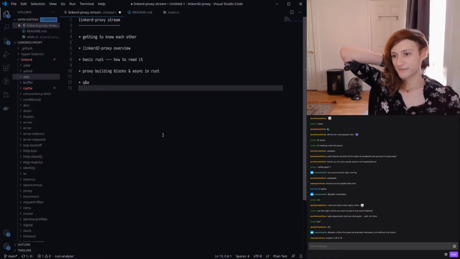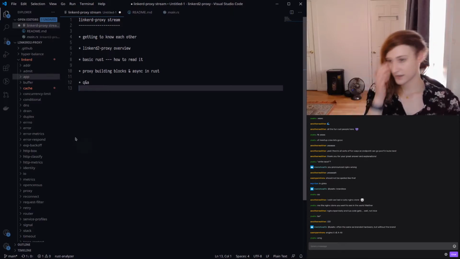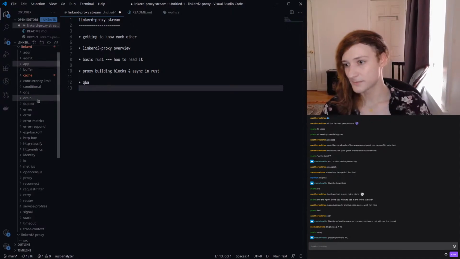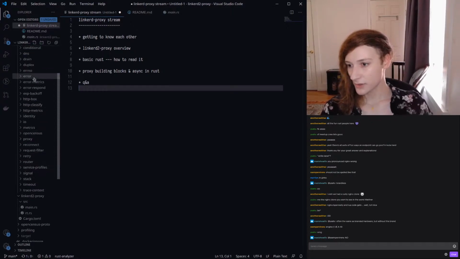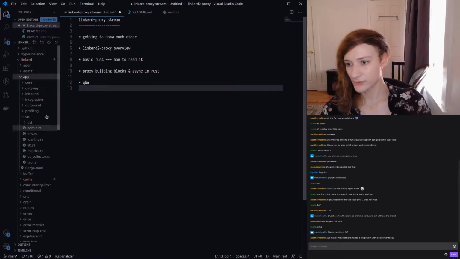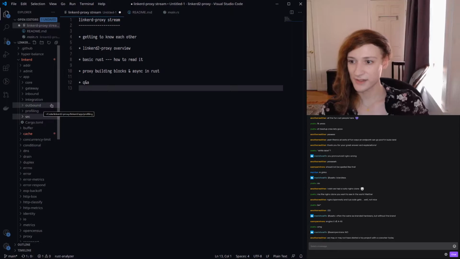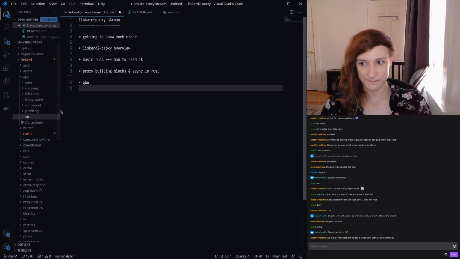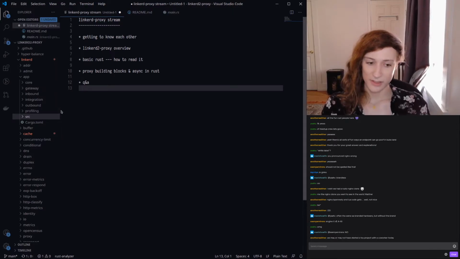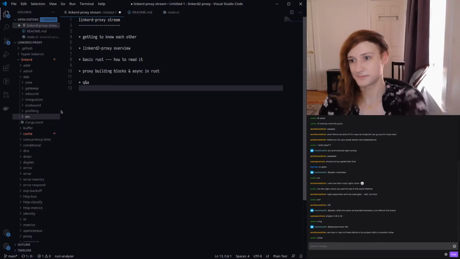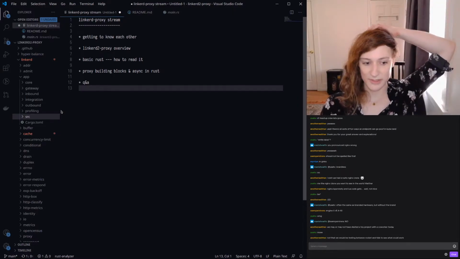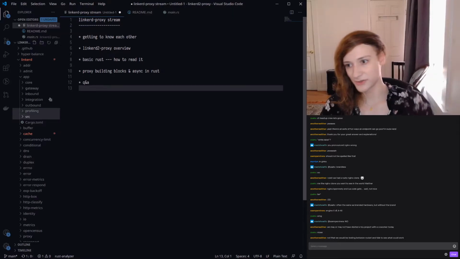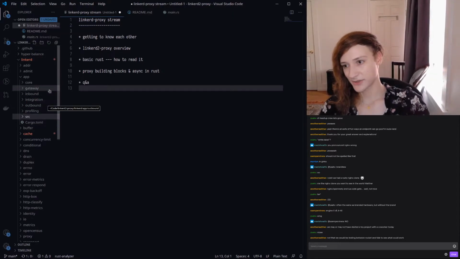Where was I going with this? We were going to look at Linkerd-proxy. Right, we were going to learn about proxies, which I guess we are doing anyway. So we have this app module, and this is a crate, and it has a bunch of crates in it. Remember how I said that we have an inbound direction and an outbound direction? So we have traffic that is going into the container from who knows where, the entire rest of the world, and then we have traffic that is leaving the container, going somewhere else. So we have an inbound and an outbound here.